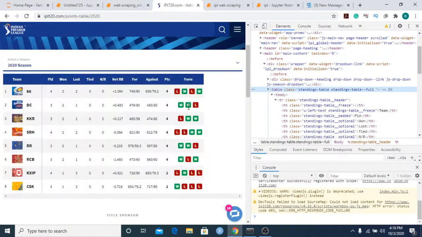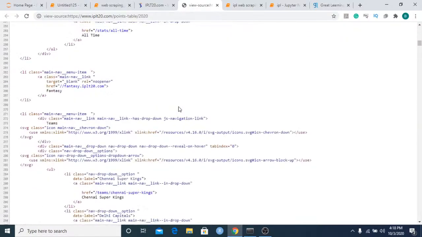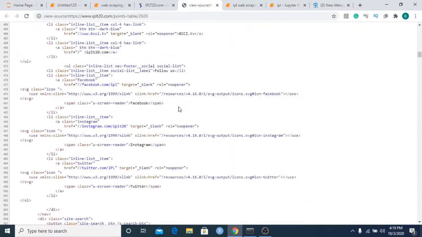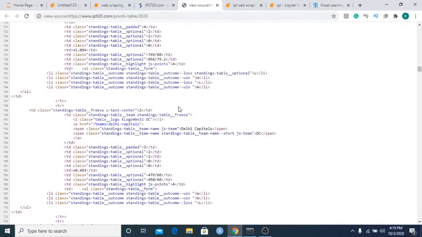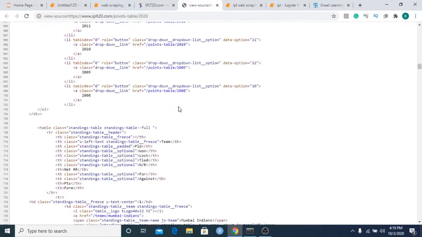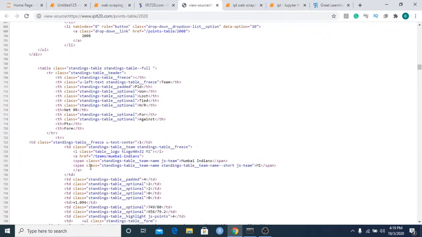What I'll do is I'll just open up the source code. So I'll press Ctrl U. I'll get the source code that will help me to have a glance at this in a better way. Let me just quickly scroll down to where the table tag is present. And this is what I have over here. So now that I take this, what I would want next is